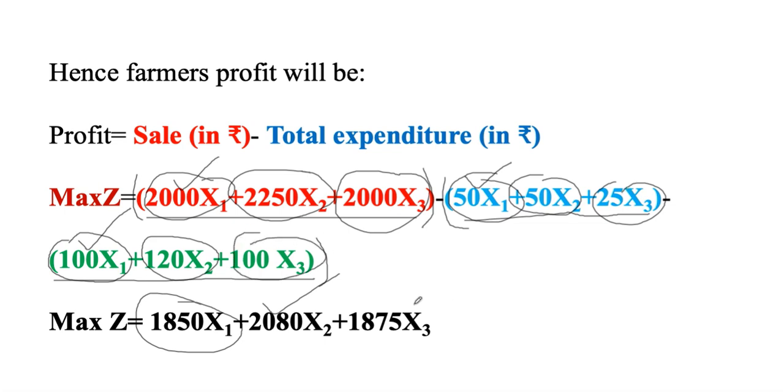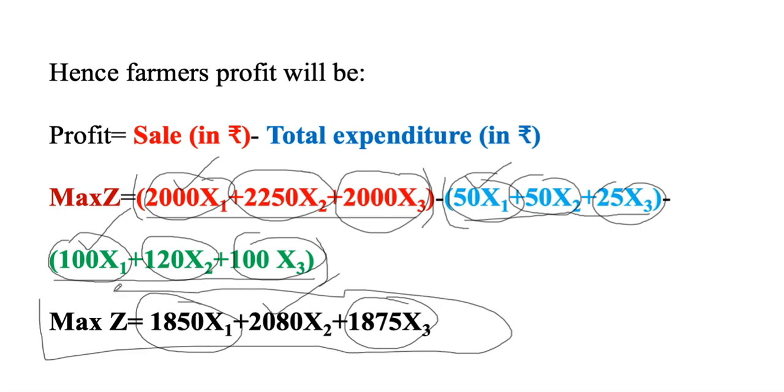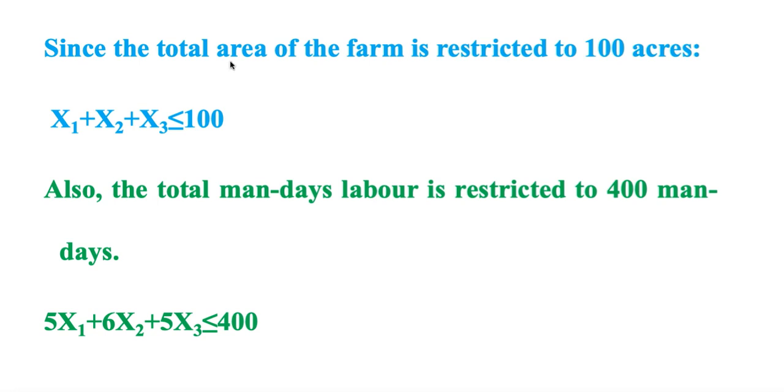When we deduct it, we are going to get 1875. So this would be our profit, or I can say this would be our objective function, that is max Z is equal to 1850 x1 plus 2080 x2 plus 1875 x3, right? And in the problem it is given we have constraints in the form of the land